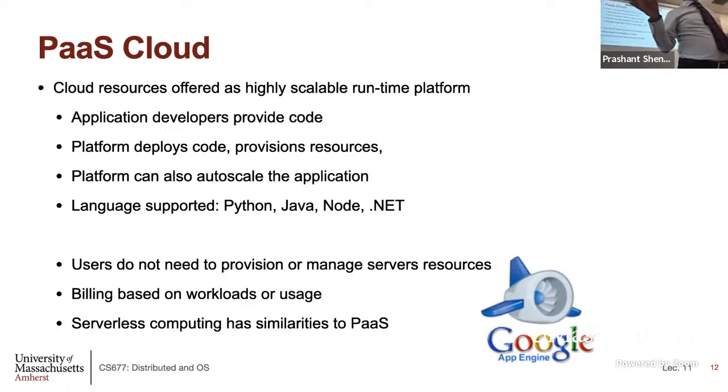They will figure out if the code gets a lot of requests, they will put it on a bigger server. If not, they'll put it on a smaller server. All of this is done for you by the cloud provider. You get billed based on the number of requests that are getting serviced, not based on which size servers you got. So they will bill you based on usage, not based on machine size or anything like that.